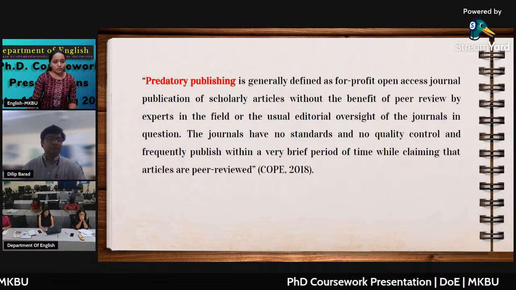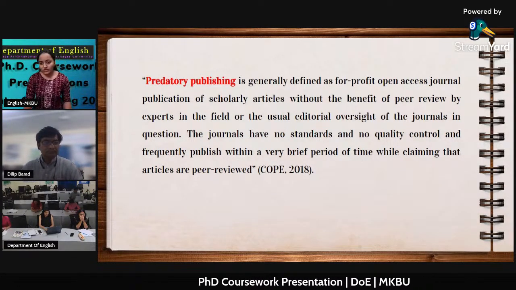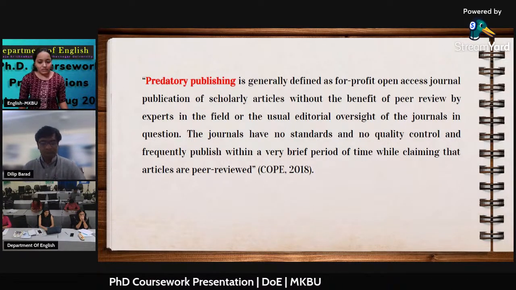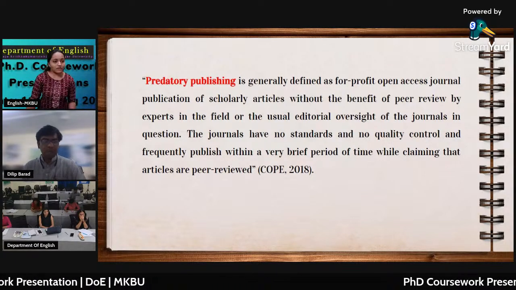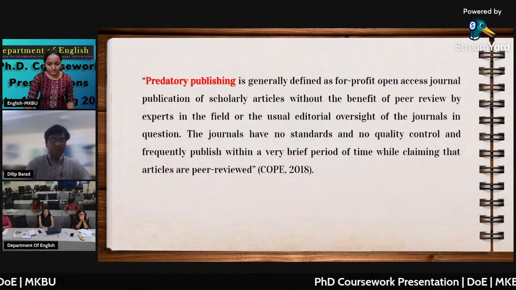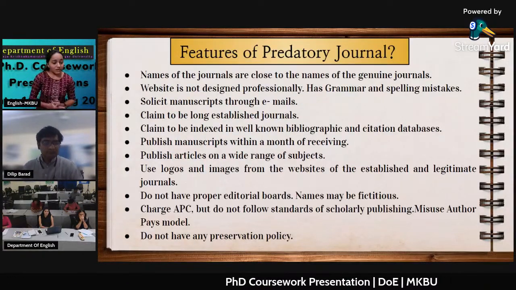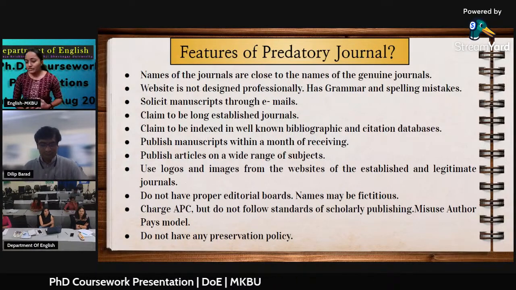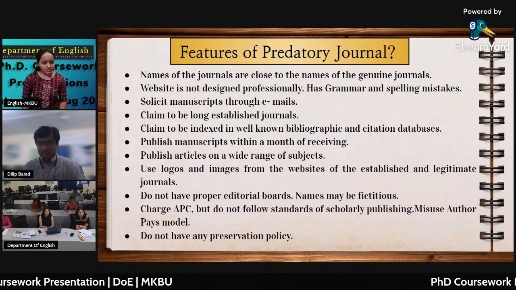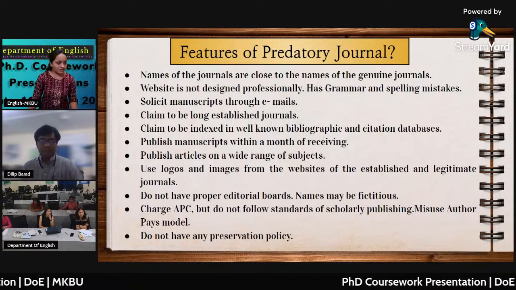They are not taking more time. They publish without reviewing. They are publishing in a very early time, and they are not going through our papers and research publications. So, how can we identify those predatory journals? There are many features to identify the particular journals that we are not going to publish in.